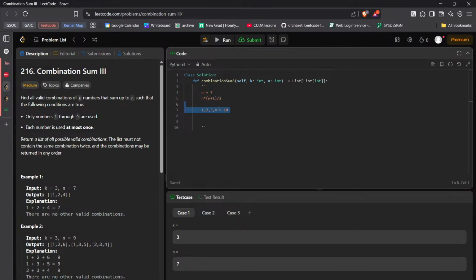Anyways, I don't think this matters. So if n is equal to 7, if the sum is 7 to be found, let's list all the numbers till 7 for now. We'll optimize it afterwards. So this is my possible list, and from this I have to find subsets of size k